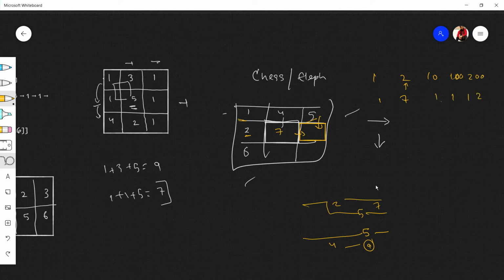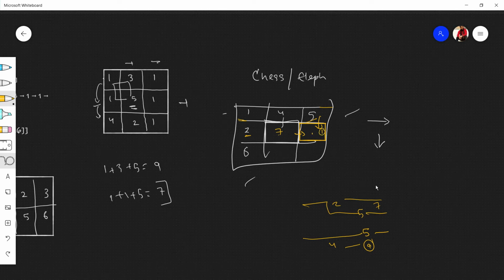So you cannot just decide on this number. For every path you need to check whether your sum is getting minimum or not. By mistake, either I'm following the maximum path, or... you need to be precautious. Okay, 1, 2 and 7, so this is 7. Now let's check for this.